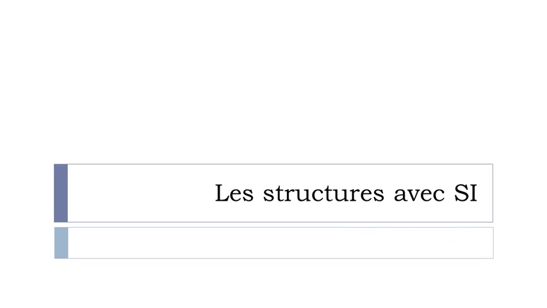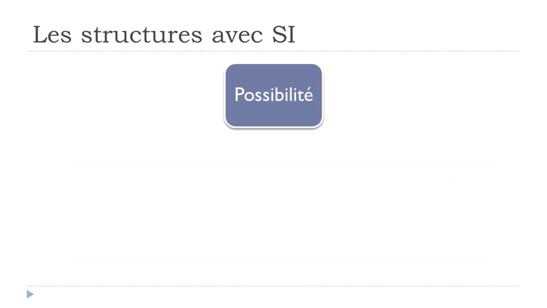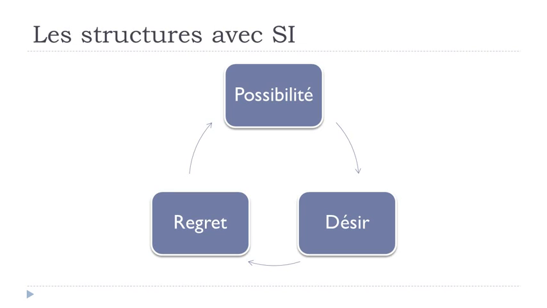And in this lesson we'll see together how to construct sentences when you want to start with if. If in French it's si. Okay, so les structures avec si. So let's start now. The first option we'll have is if we want to express la possibilité. The second one, le désir. And the last one, le regret. Okay, so possibilité, possibility, désir, desire, and then regret, regret. And so we'll start with la possibilité.